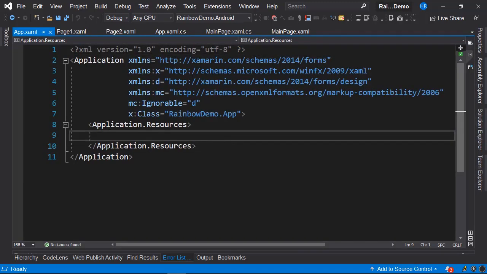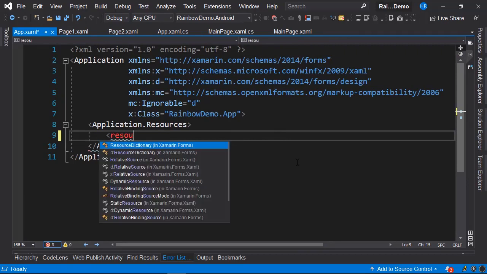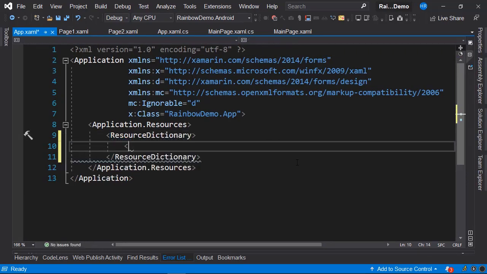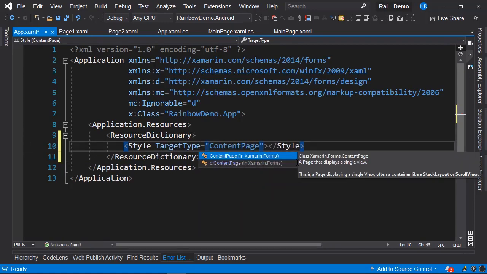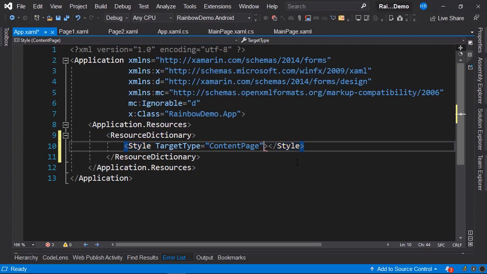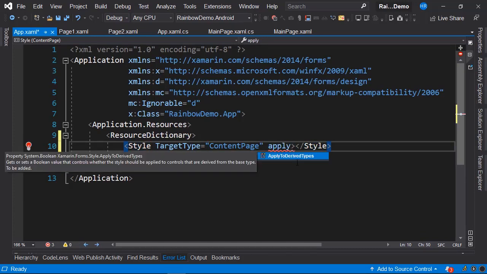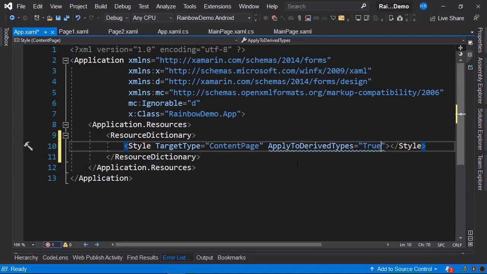Within this application.resources tag, we are going to proceed to define a resource dictionary. Inside, we define a style, target type equal to content page. This is to affect all the content pages that are part of our project. We'll also indicate apply to derived types to apply the coloring to all pages that inherit from content page. We'll specify that we do want this property, and within we'll indicate setter,